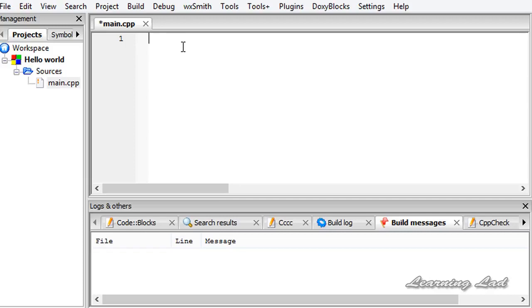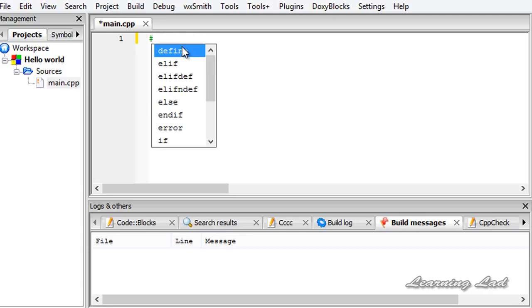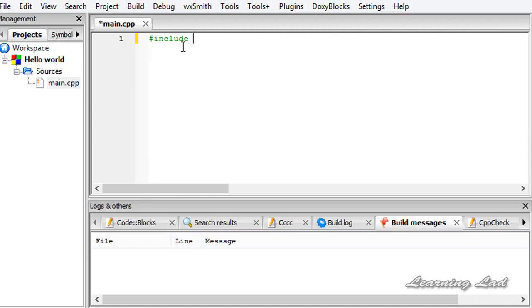To include a file in a C++ program, we're going to use something called a preprocessor. A preprocessor is nothing but a small program which runs before the compilation process. Here we're going to use a preprocessor directive called #include. This #include preprocessor directive allows us to include the library files or the header files in our program. So I'm going to write the pound symbol or the hash symbol, and then include, INCLUDE, and then between the less than and greater than symbols, I'm going to write